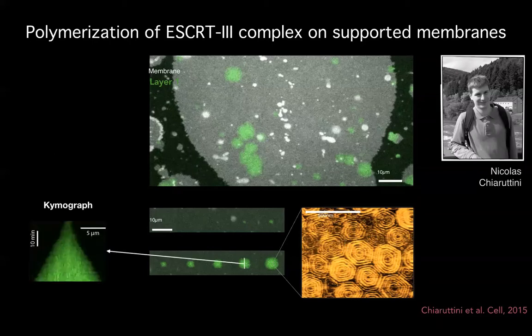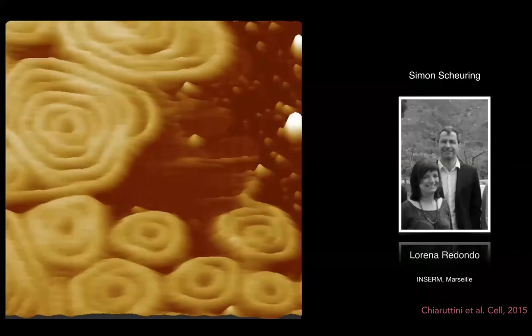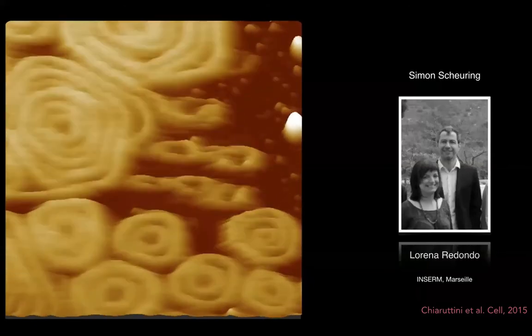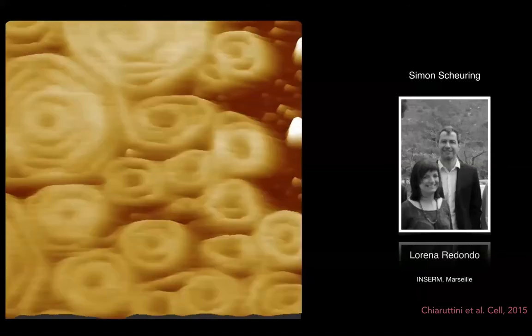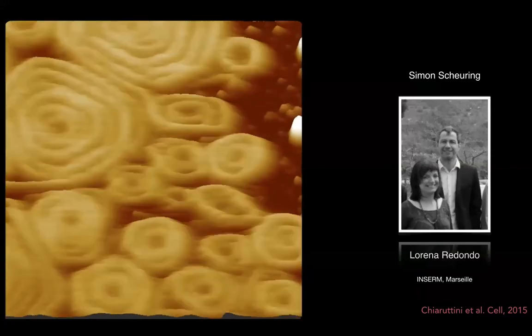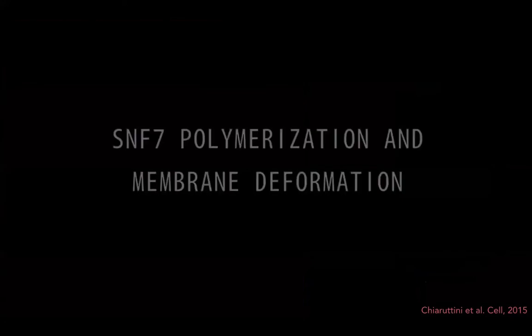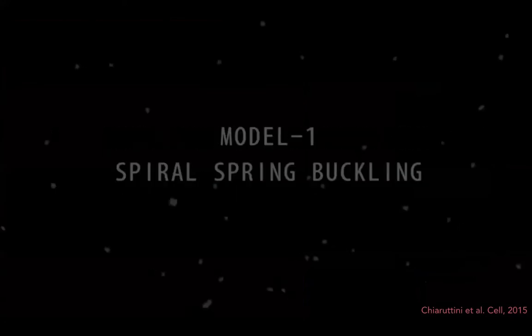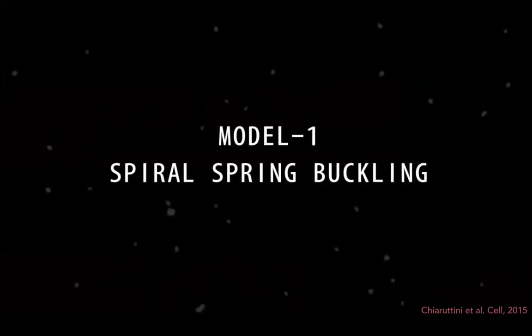We can actually look at them growing, and that's the chymograph that you can see. This is not a single spiral, this is a patch, so it's full of many spirals. And we could look at those growing spirals by high-speed AFM with Lorena and Simon, who are experts in the high-speed AFM. And from these data, what we could postulate is the mechanism that is shown on this animation, which